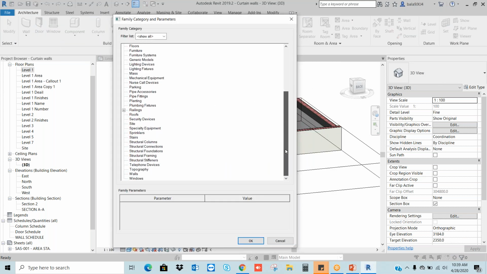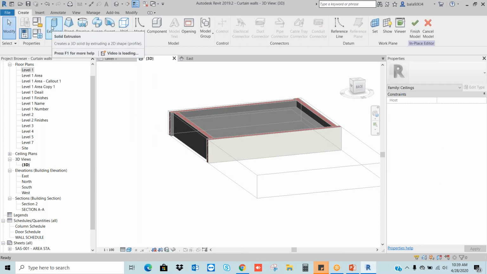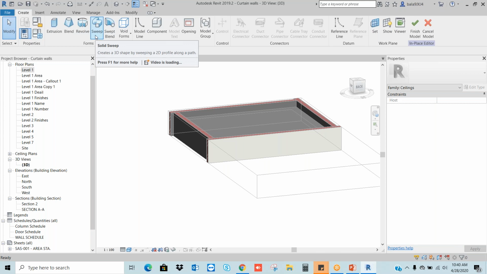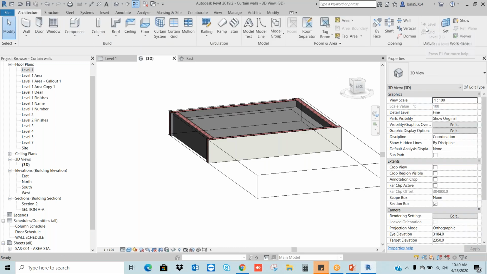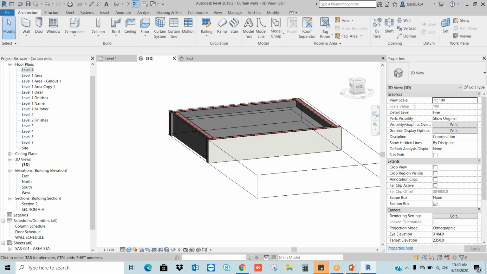Choose the proper category, whether it is wall or ceiling, anything. Here you have to do these shapes: one is extrusion, one is the sweep. So what I am doing here is creating the 3D model within the project.